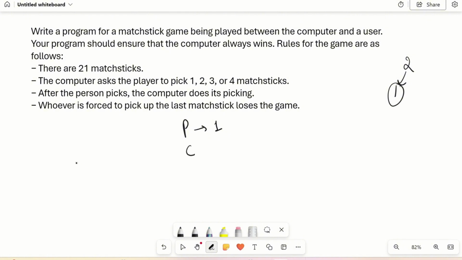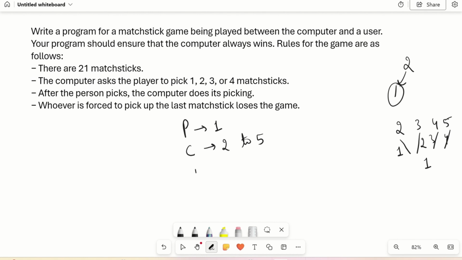Obviously, if the computer has 2 to 5 matchsticks left, because let's say there are 2, 3, 4 or 5 matchsticks left, then at this point the computer can choose one matchstick, here the computer can choose two matchsticks, here 3 or here 4. In all these cases the end result will be 1. It means the player will be left with one matchstick and it will lose, correct?